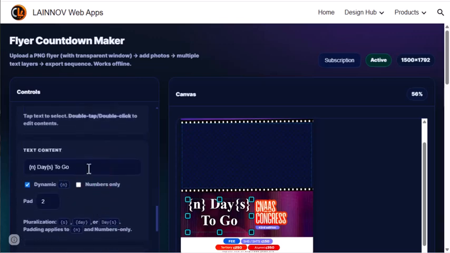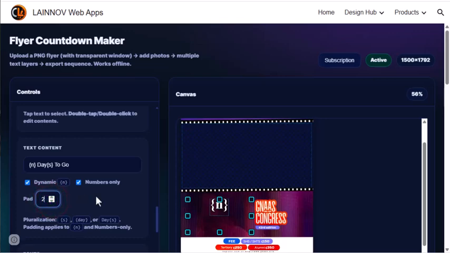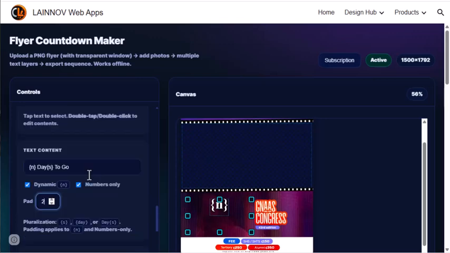Okay, then this section, when you deselect this one, when this one is picked by default, which is the n days to go. Okay, so if you want only the numbers like 1, 2, 3, 4, you just click on this one. Okay, then you have it like this. So this part would just be 2. Yeah, so if you just